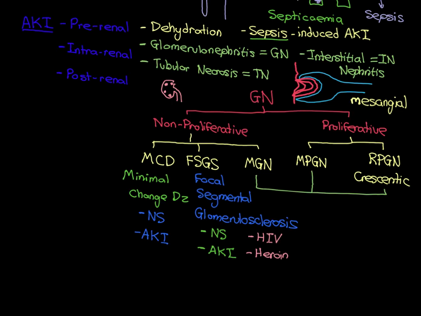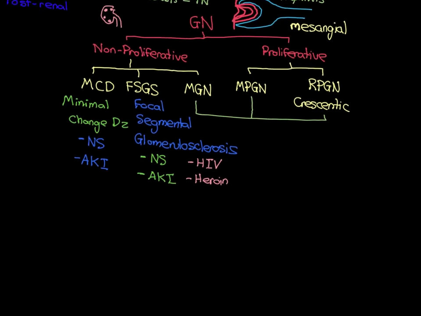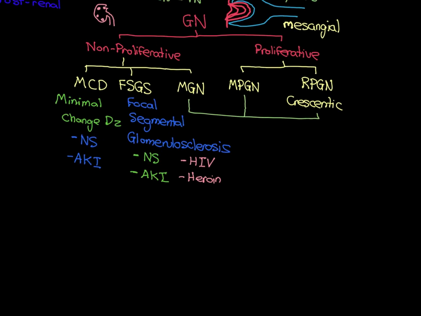Alright, let's now go on to the next bit, and here we go. These diseases are rare, by the way. We're now going to go on to some diseases that are even more rare, that are autoimmune diseases. So, these three things then, membranous glomerulonephritis, membranoproliferative glomerulonephritis, and rapidly progressive glomerulonephritis. And I will, just to be fair to them, write out their names so that you know how to spell them. So MGN is membranous,